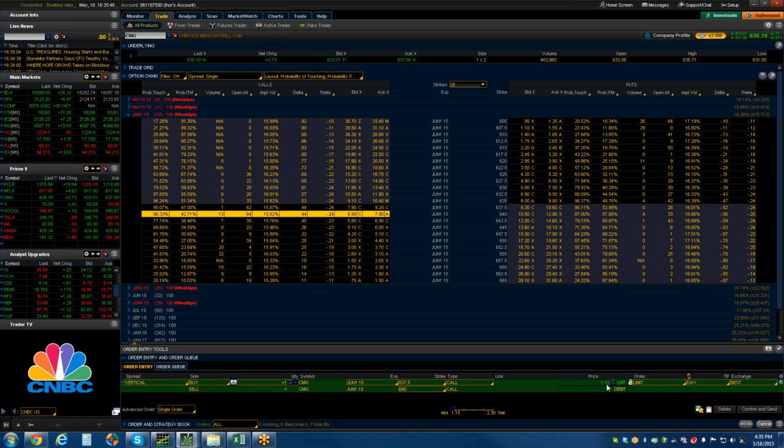less than 50% of the spread. Half of $2.50 is $1.25, so that's still a decent play. It gives you the potential of making 100% return on your money. So when you go to analyze